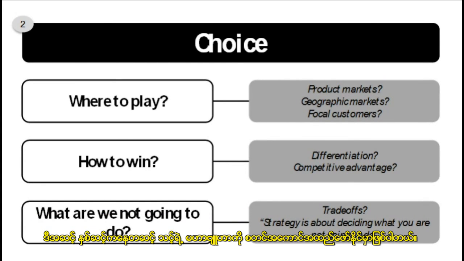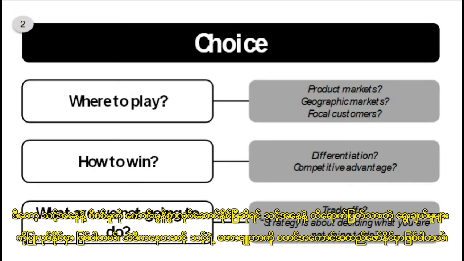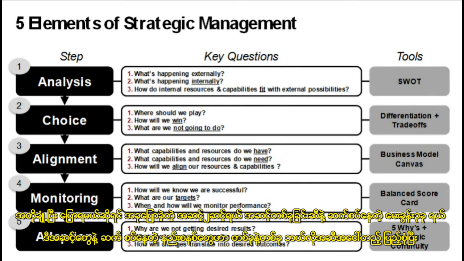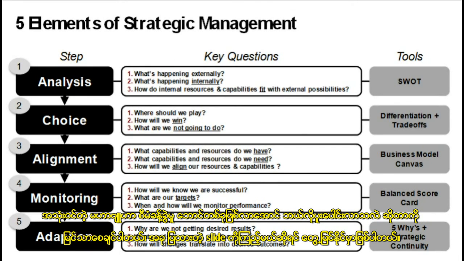And those two steps set you up to then begin to implement your strategy. So if you can do a strong analysis which enables you to make clear and effective choices, then you can be set up to begin to implement your strategy. And that's the strategic management part, which we will focus on in a separate section. But just to give a summary and to begin to see how the two steps that we've discussed here and the three questions related to each step and some of the tools related to those steps come together into a coherent, whole and useful strategic management framework, this is a good way of looking at it